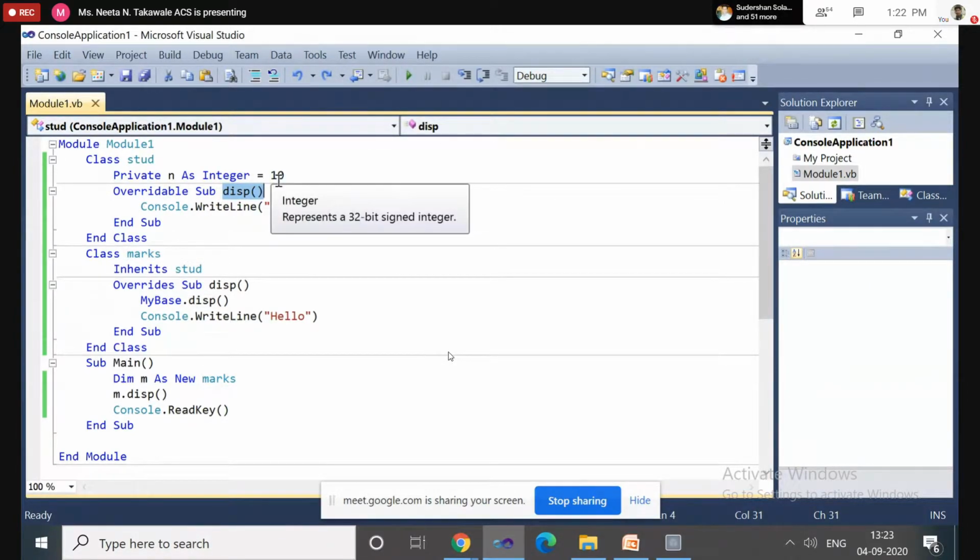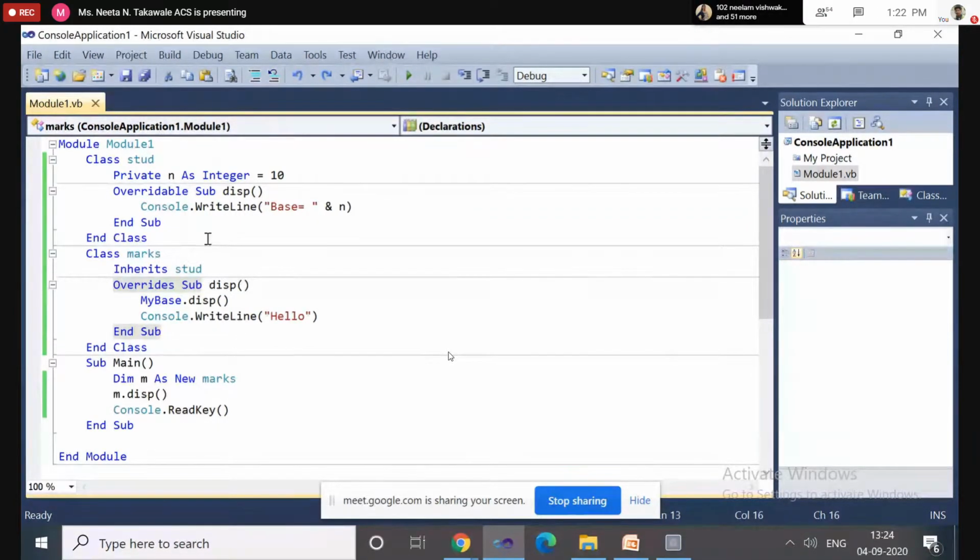So we can override the method in VB.NET. How to override? There are three steps. First, the method which you want to override, always declare it using the overridable keyword. Second, the method or property declared using the overridable keyword should be redefined inside the derived class using the overrides keyword.